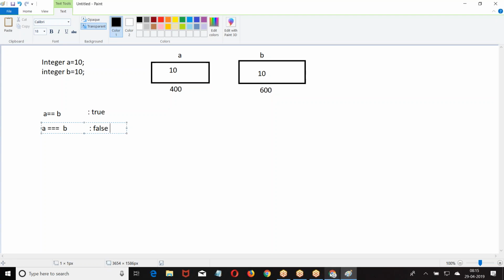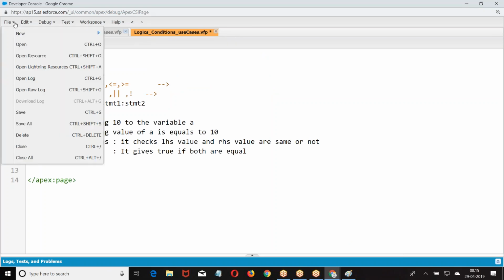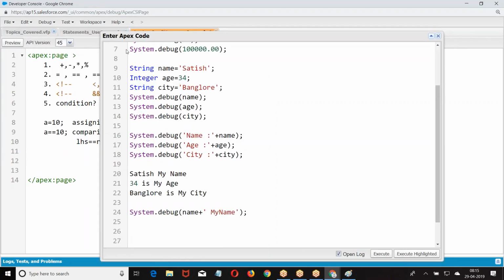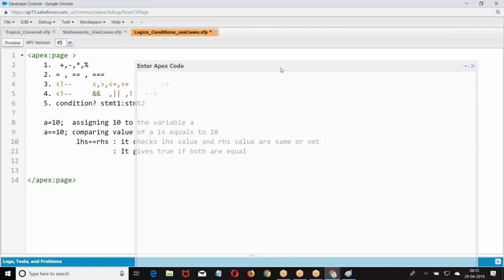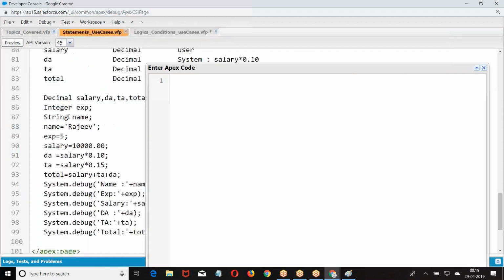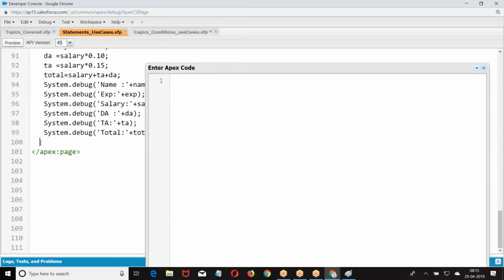Now let me give you an example. Just for showing the output I am taking this. Don't worry about what I wrote. Basically I am trying to compare it. This is how I give.